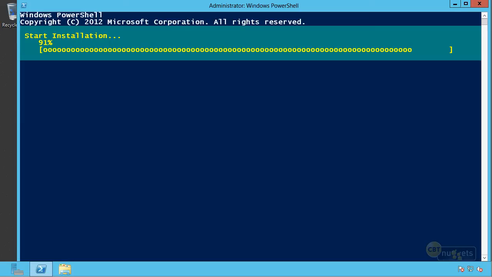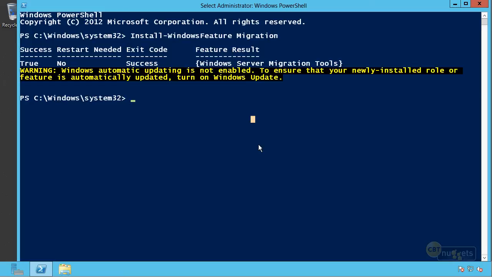And then you would also need to know the migration part of that, and I'm trying to wait for the screen to reappear so I can show it to you again. You'd also want the migration part so that you would know how to install the migration tools. All right, now it's finally finished installing, and again, this is the PowerShell command that we used for that. The first part of this is what you'll use anytime you install a Windows feature. You just have to specify which feature it is that you want to install. In this case, of course, it's migration. Here it's just telling me I don't have automatic updating turned on. I don't need a restart, and it exited successfully, so we're good with that.